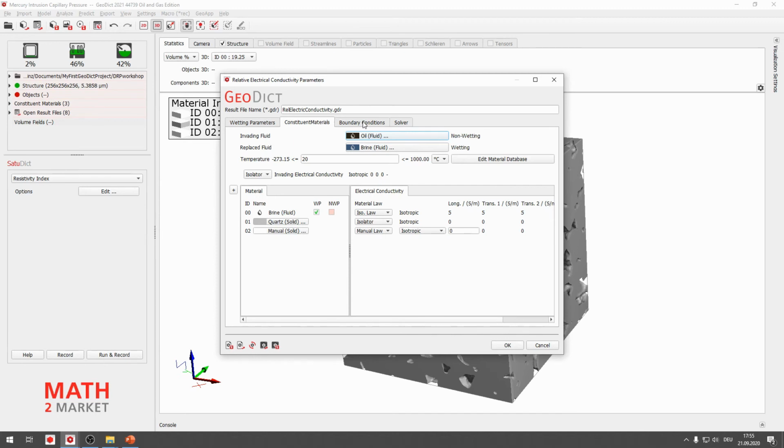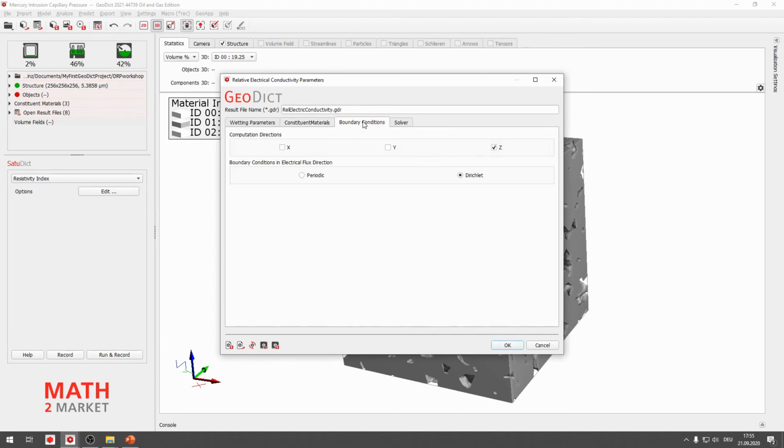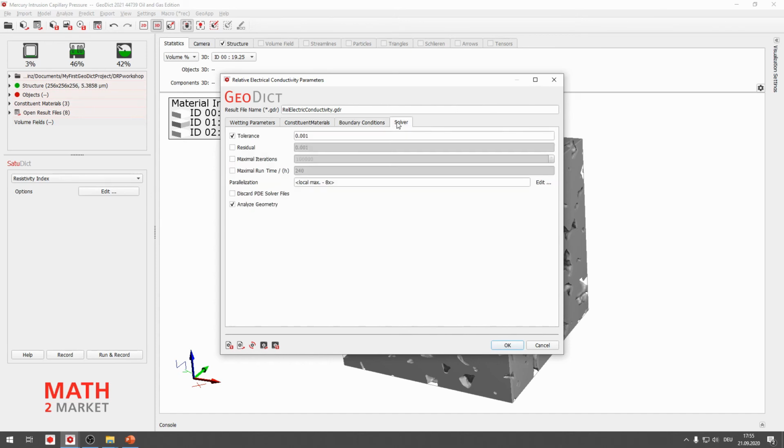Okay, so please click boundary conditions for the next step. Here you always want to have Dirichlet boundary conditions for the electrical flux, which is most suitable for reservoir rocks. Computation direction, again set direction.